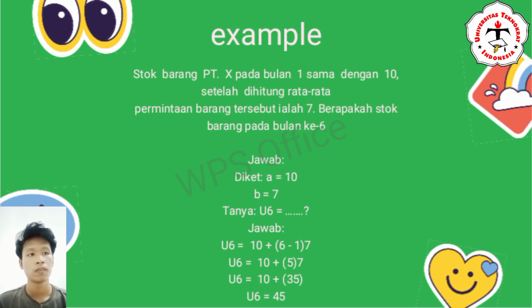Example, stok barang PT X pada bulan 1 sama dengan 10. Setelah dihitung, rata-rata permintaan barang tersebut ialah 7. Berapakah stok barang pada bulan ke-6? Jawab, diketahui a sama dengan 10, b sama dengan 7. Tanya, U6 sama dengan. Jadi U6 sama dengan 10 plus 6 minus 1